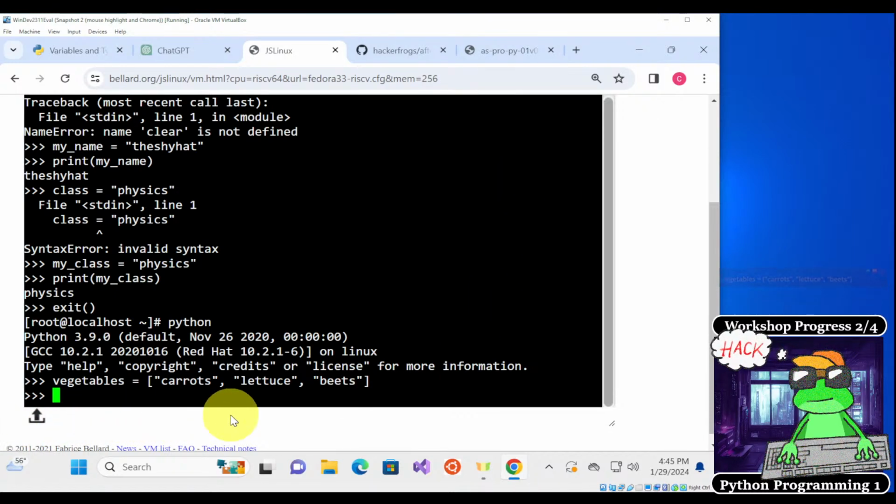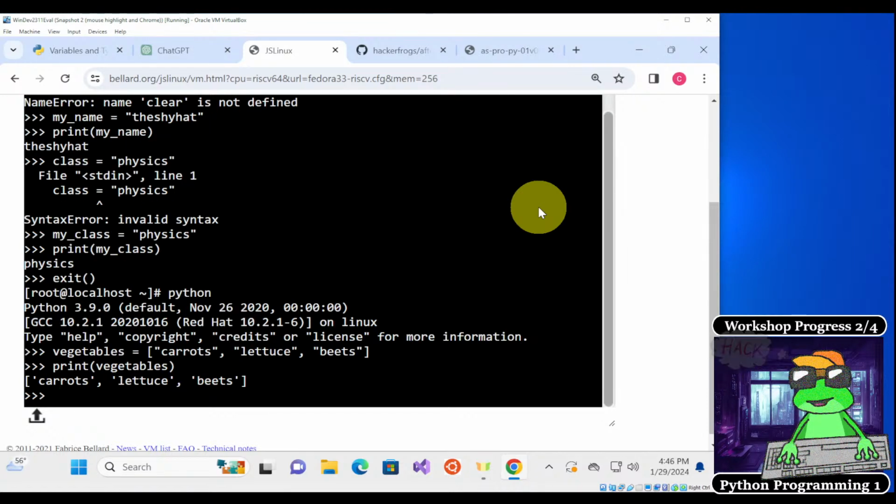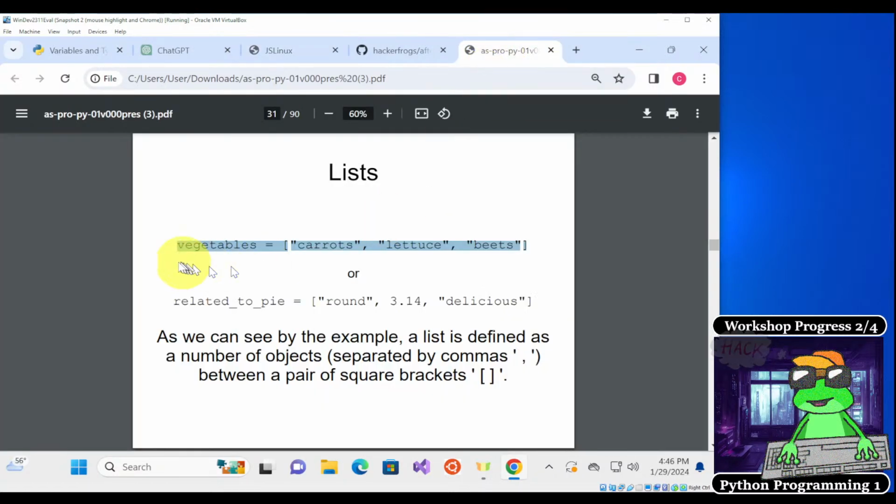So the vegetables list is in there, and then we can print vegetables. It's going to return to us carrots, lettuce, and beets between the square brackets like this. Okay, so let's take a look at what else we can learn about lists.